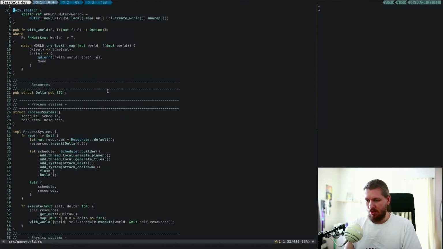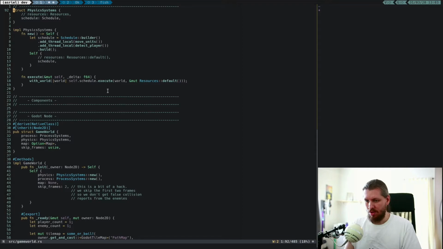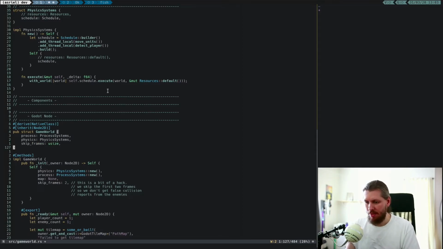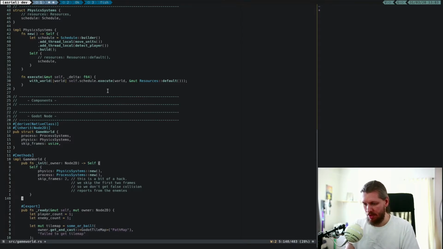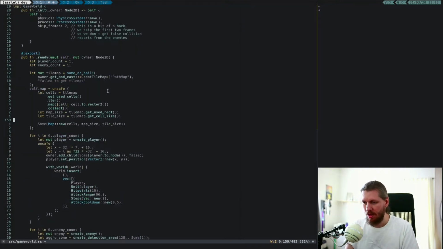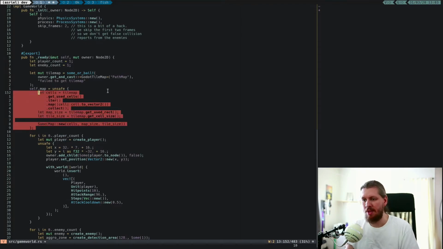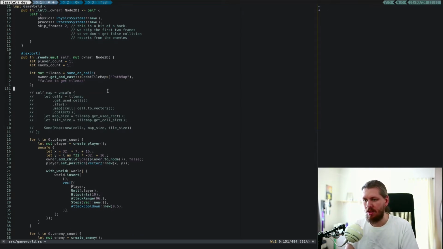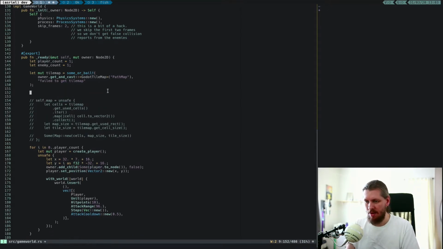Okay, so let's get rid of the things that we cannot use anymore. So we'll start with this map here. Okay, we cannot have this map there anymore because if you look down here, you can see that we're setting this map and it's based on our current tile map, but that doesn't work because this is changing. So we take that out, and once we have our tile map, we can now insert this into the world with